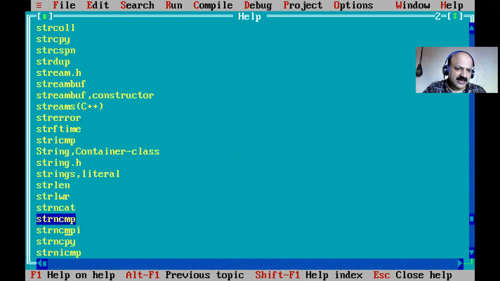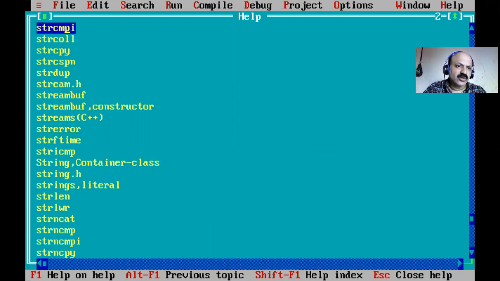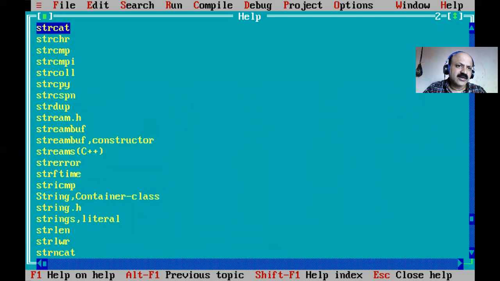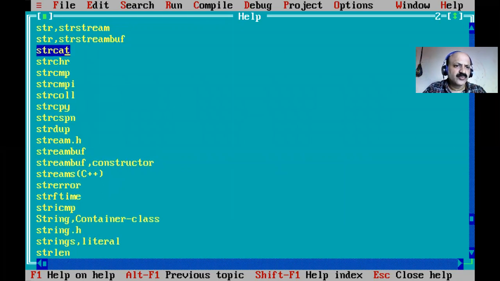Then strcmp for compare, strcat for concat, and strcpy for copy. There is string comparison, and string concatenation is there. There are so many functions.